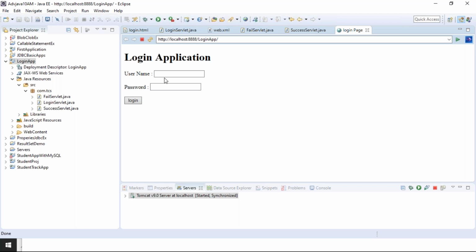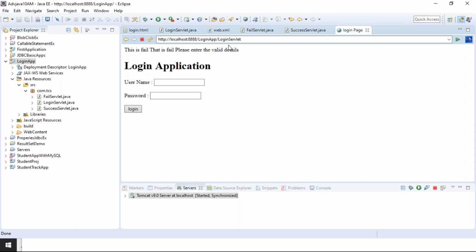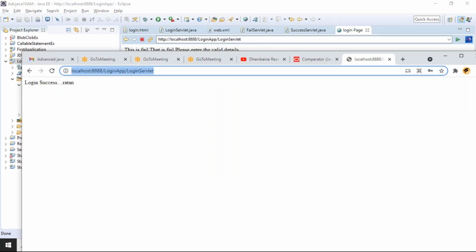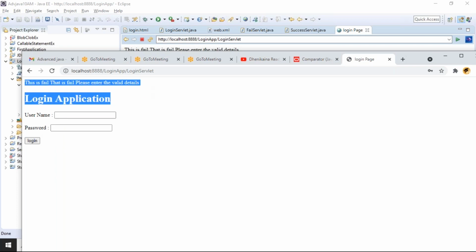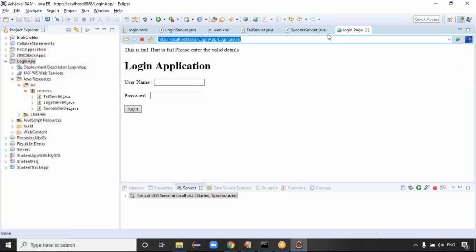Yeah, we can go for the username and password. Username is Ratan, password is some unnecessary data. Click on login. Now what happened, guys? This modification is reflected or not reflected? Not reflected. Try with an external browser. This time, with some unnecessary data, I only want to check the login failure. Yeah, try to clean the project and run the code.